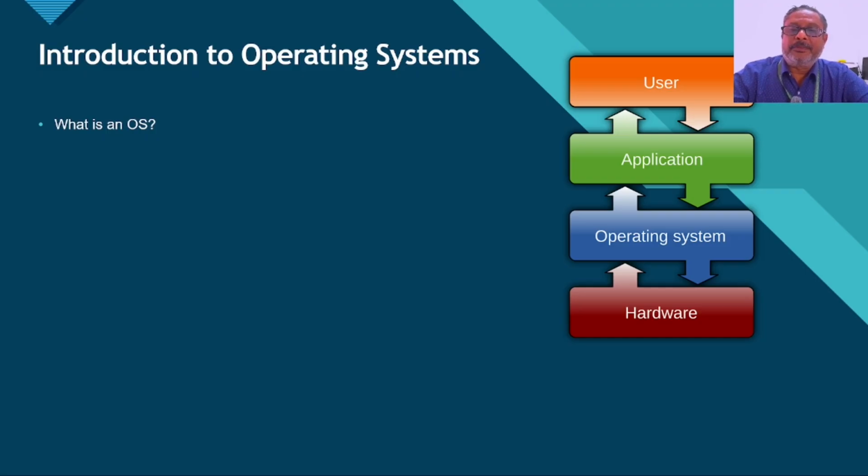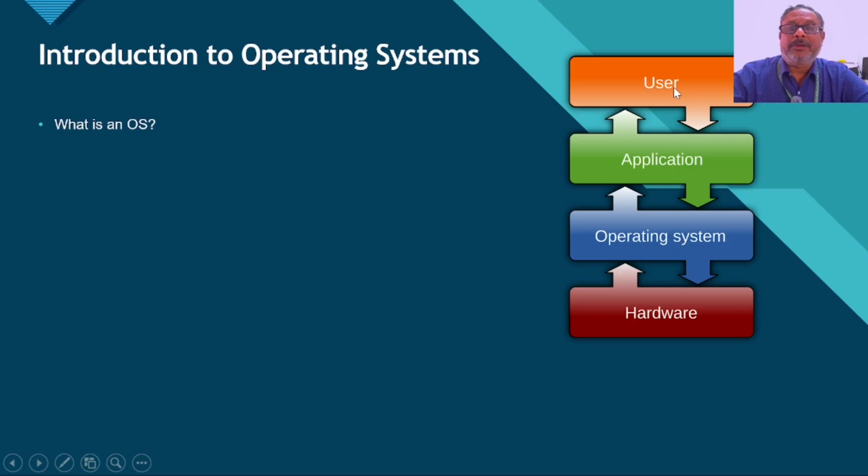It gives an abstraction of the hardware to the user, makes the life of the user simple, and makes all the devices connected to the hardware work appropriately and more efficiently. So here we have hardware. On top of the hardware, we have an operating system, and then on top of that, we have application programs,